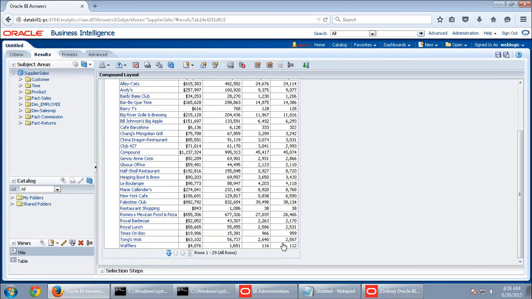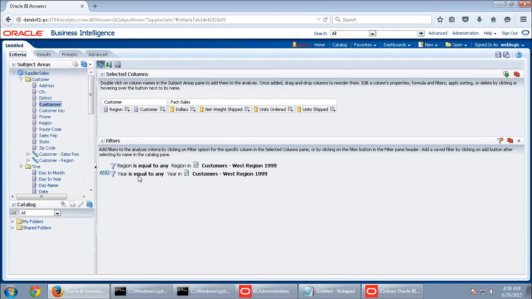Two customers don't have data for 1998. Okay, data is only for 1999 in that West region. So here you will have region is equal to West, year is equal to 1999. Instead of that filter, I am giving